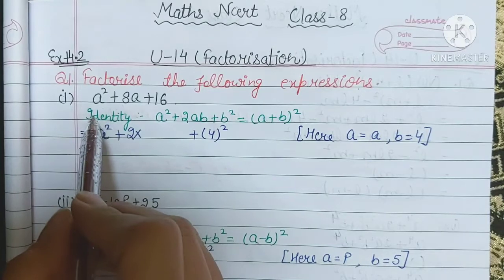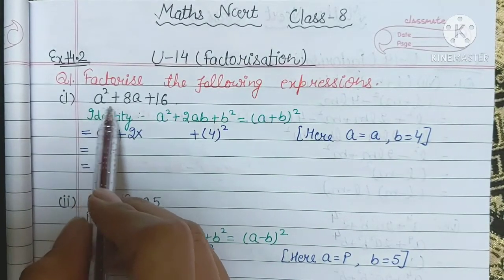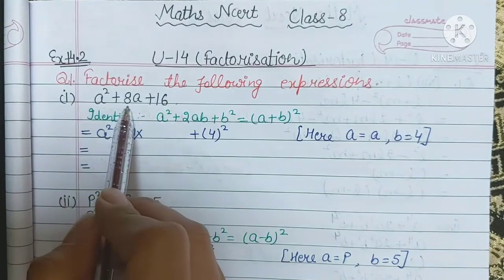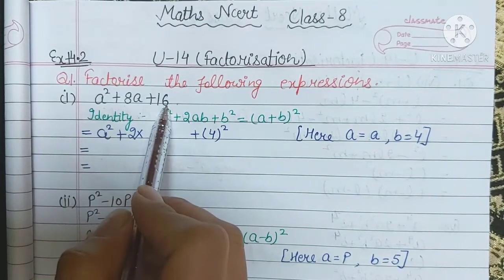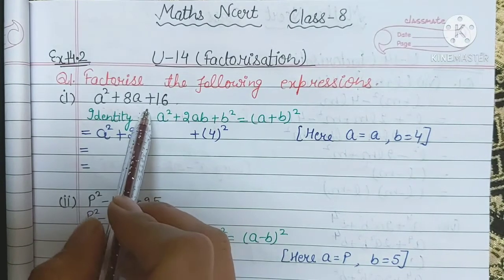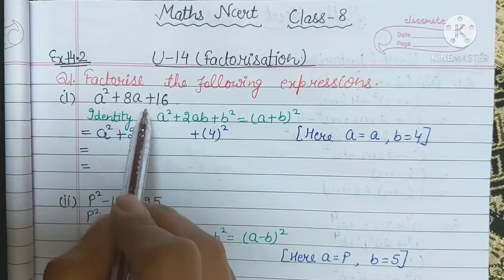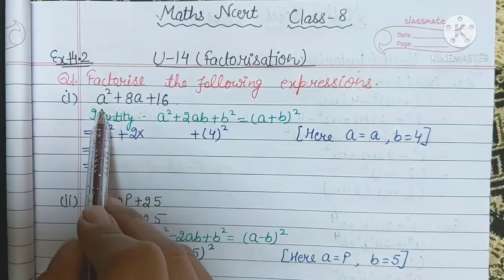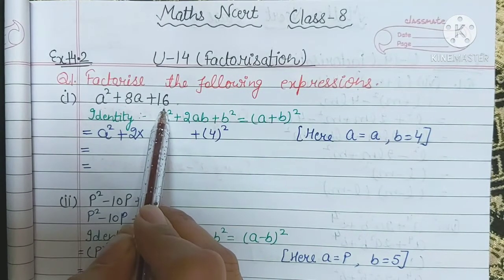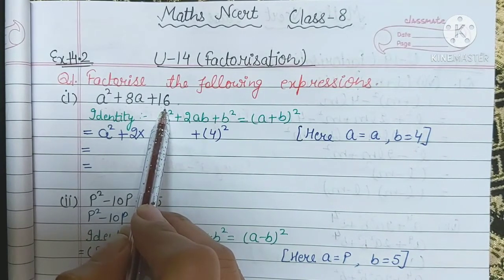So there are a few clues with the help of which we can observe we are going to use the identity. Just see, there are three terms and there is no common factor in these three terms, and we cannot make groups as there are three terms. But two terms are in the perfect square form. How? A square is a perfect square. 16 is also a perfect square number, as 16 is 4 square, right? So in such cases we can apply the identity.